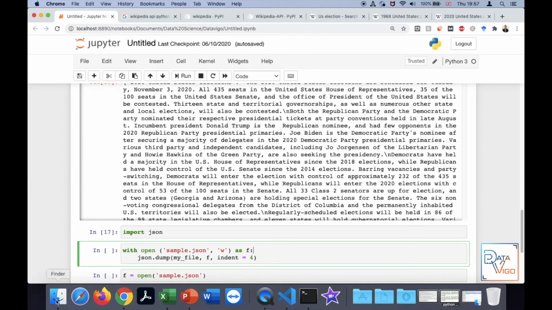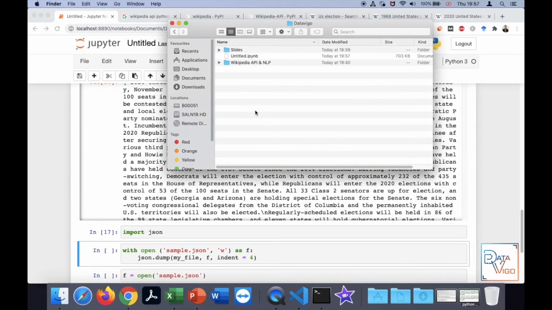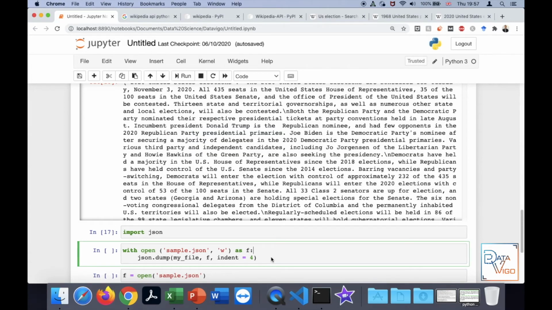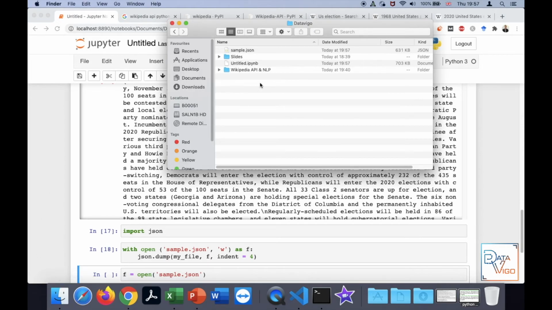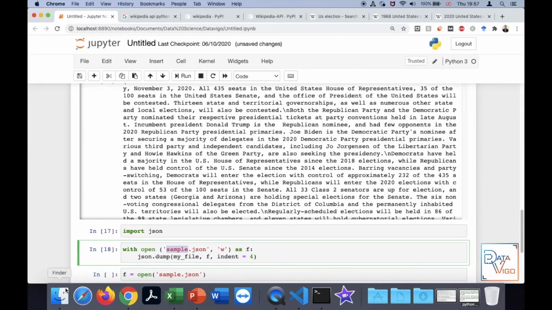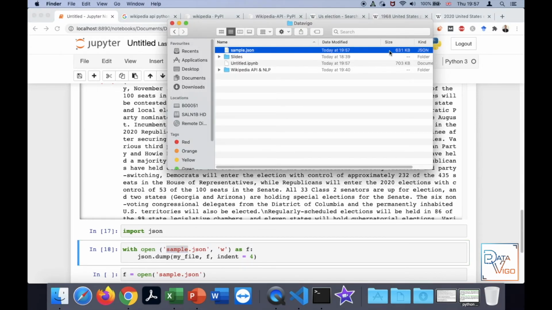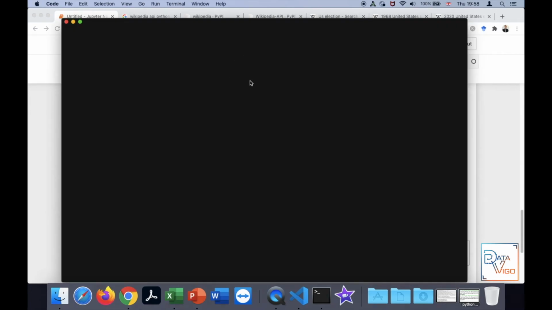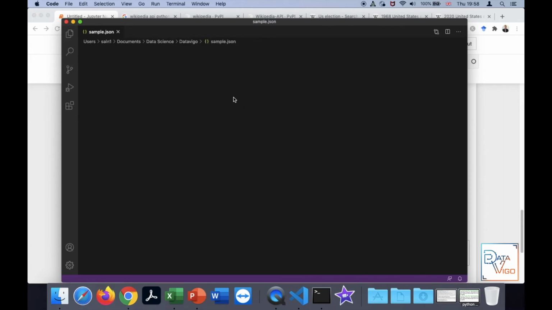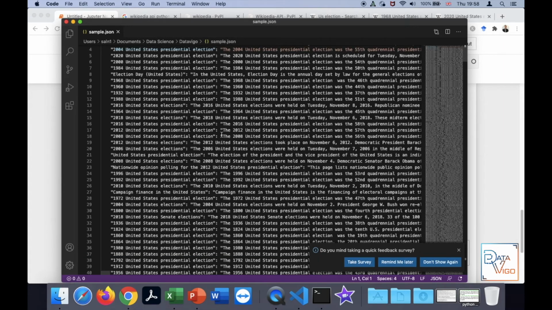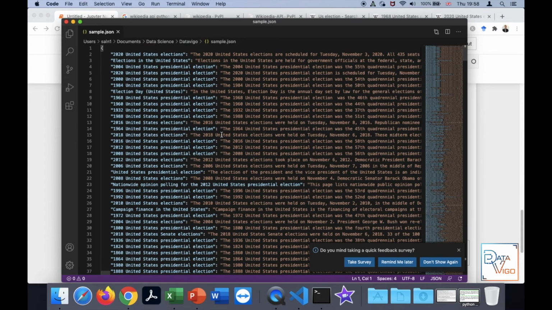So if I run this code, and if you pay attention to this area, once I run this code, you should be able to see that a JSON file is going to appear here. So I'm going to run this now, and here we go. There is a sample.json, as I mentioned here, and this is the size of the file, 631 kilobytes, and let's open it and see what it looks like. You could have even saved it in a CSV file, but it will not look so good, to be honest. I mean, the best one is the JSON one.